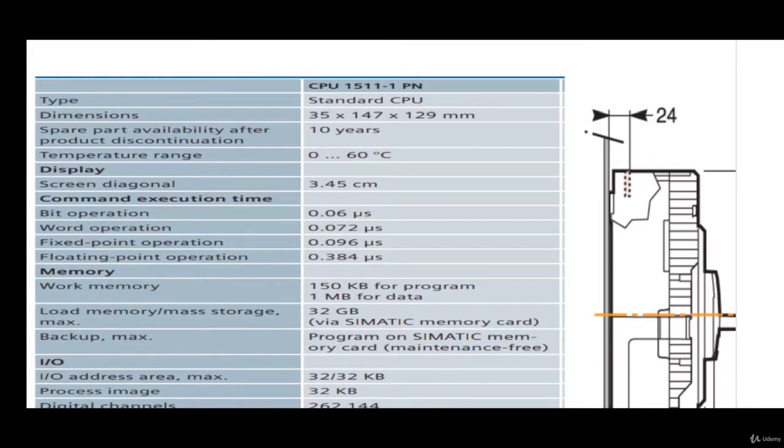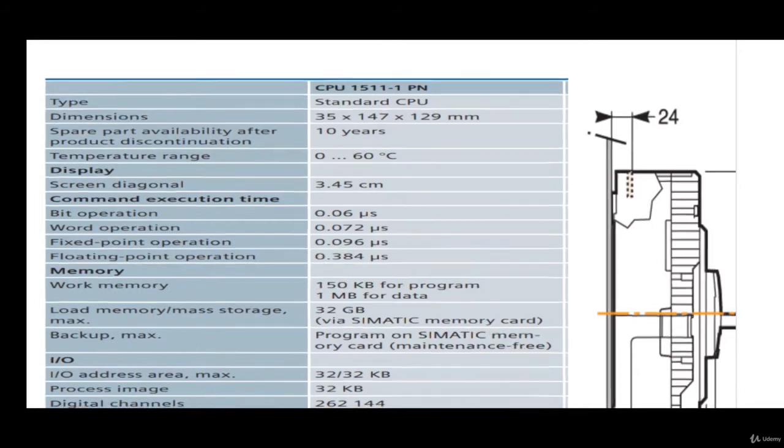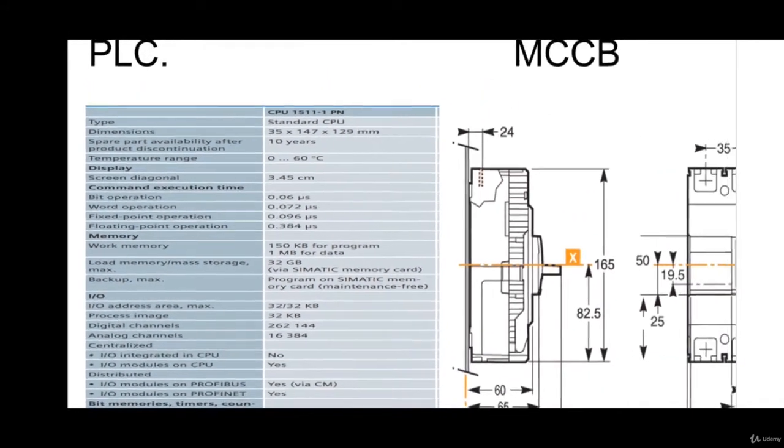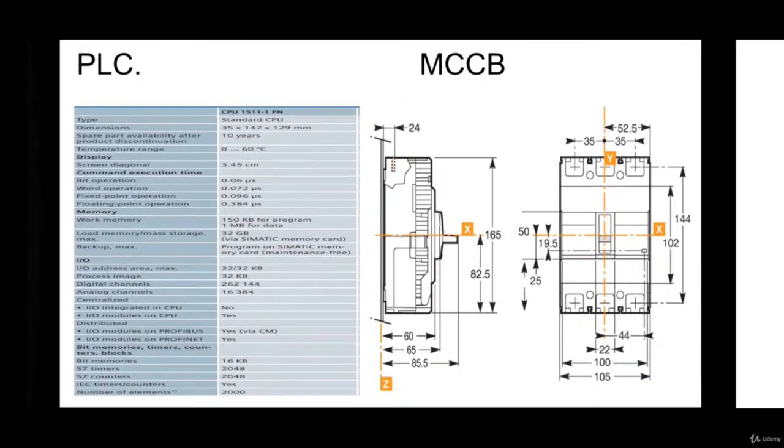because you should know the temperature range. Sometimes the temperature of a control panel may increase, and you have to provide a fan or other ventilation so that your components can withstand it. So you should know the temperature range of those particular components. All the specifications are also given according to your application, but we just focus on the dimensions of a particular component.